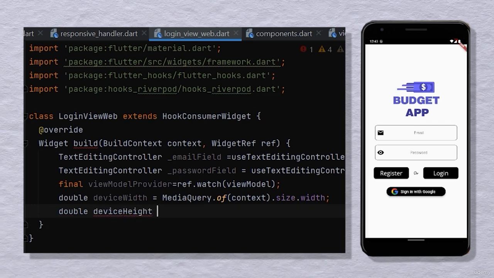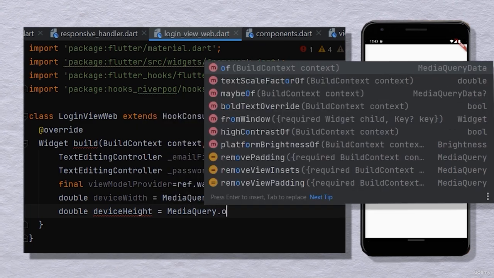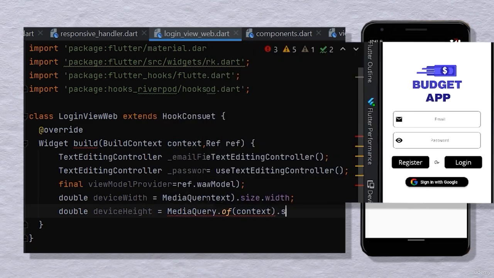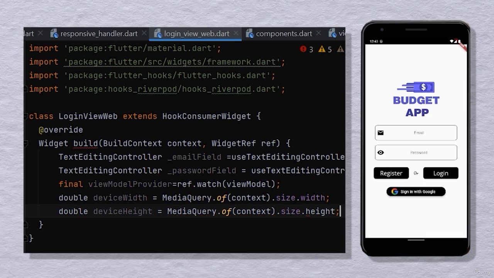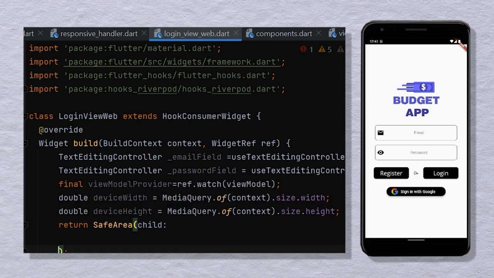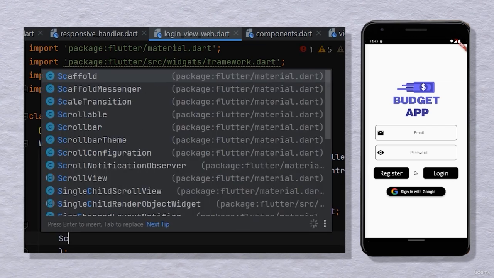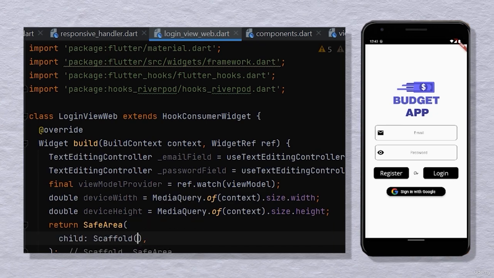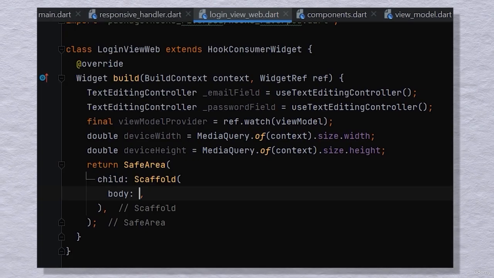So let's write MediaQuery.of(context).size.height. And it's time to return a SafeArea. And in its child, we will call a Scaffold. In the body property of the Scaffold widget,